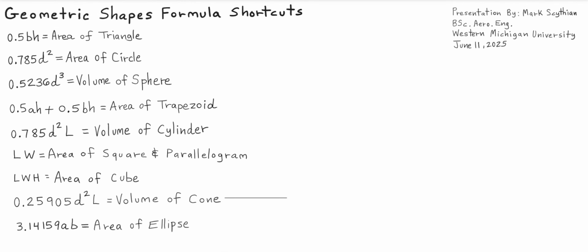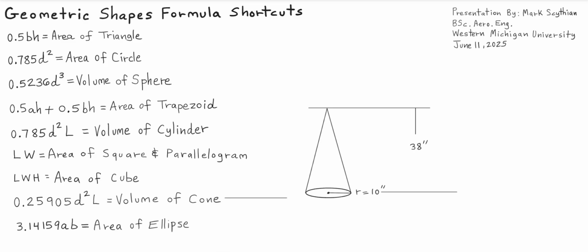So then we move on to volume of a cone. So we're basically finding the volume of a cylinder times 1/3. So 1/3 the volume of a cylinder is the volume of a cone. So if we were to use the conventional method, we would just take the pi r squared, the radius squared, then times the height, and then times 1/3. But we could also use the shortcut method,